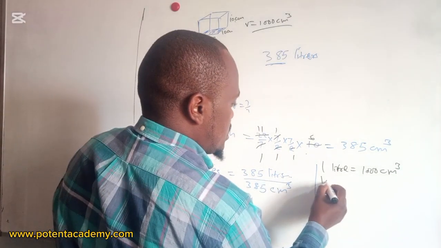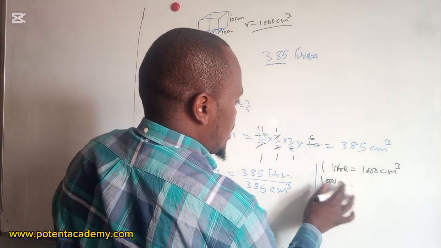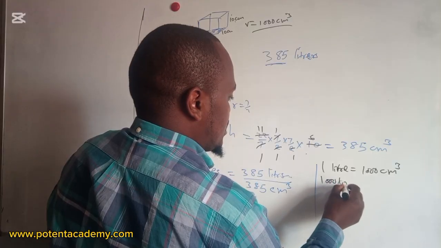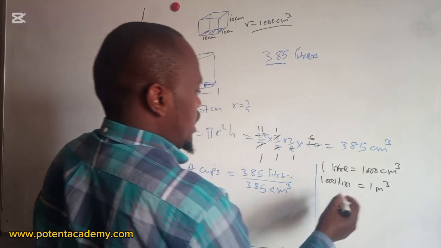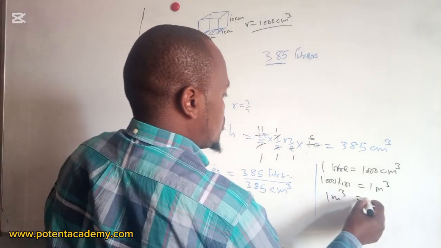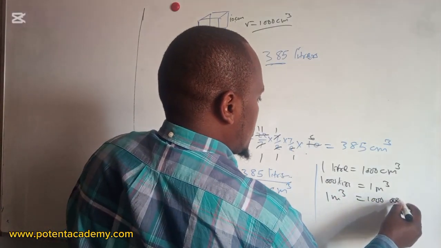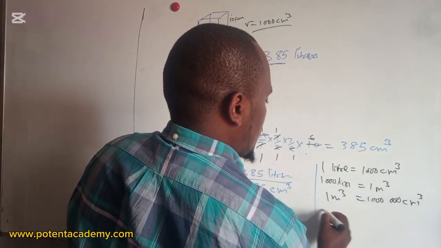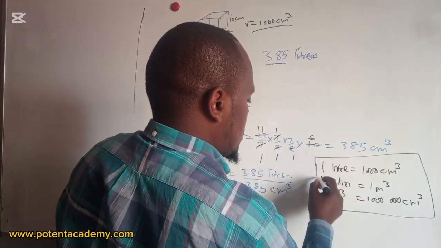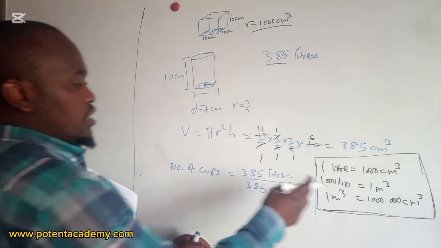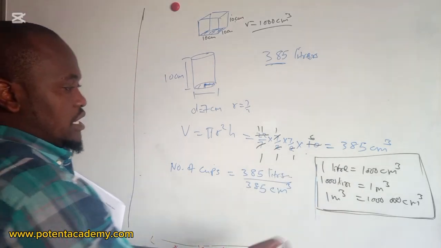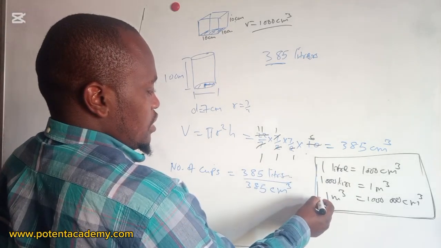Anyway, I think it's 1000 liters is equal to 1 meter cubic, and 1 meter cubic is equal to 1 million centimeter cubic. So you can write this and try to figure out why the conversion is the same, especially for this, because